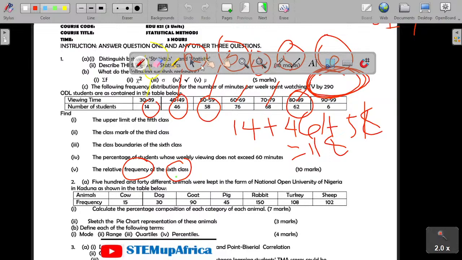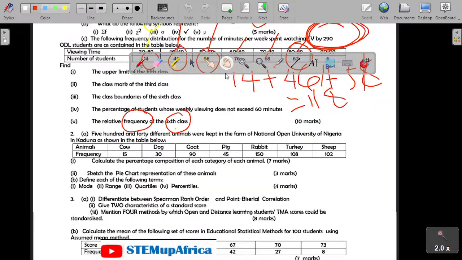So with that, we can advance to question 2. Like I said, if you have any question, you may ask. So question 2, no question, let's continue. Question 2 says